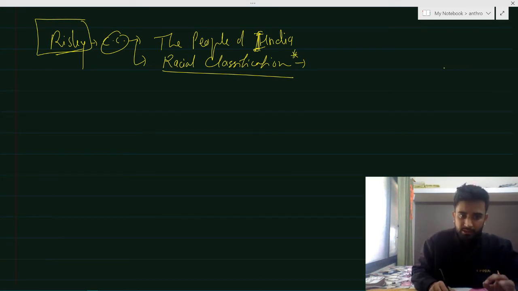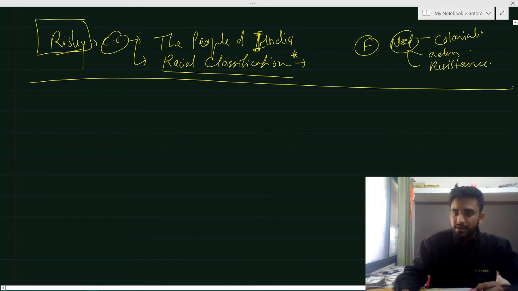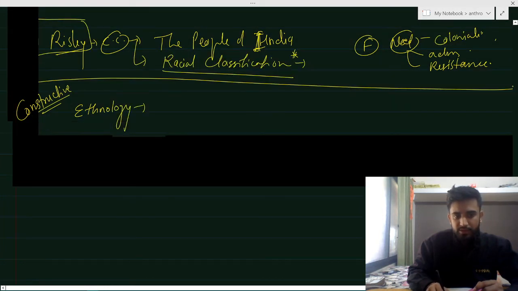Now we are going to discuss a little bit of the debate which came in the constructive phase. So this particular formative phase is done. This is something that the British, Americans and everyone contributed to India. You have to understand what was the need: colonization, administration, and how to reduce the resistance. So this is all about the formative phase. Now we move to the constructive phase. Now ethnology was converted to ethnography.